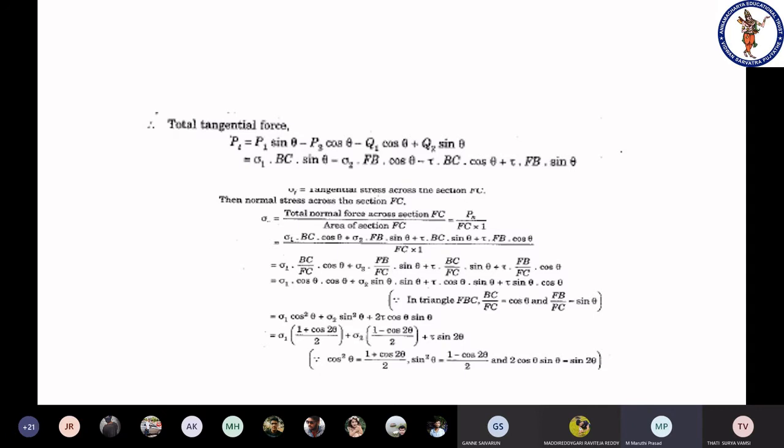After calculating normal force and tangential force, then we have calculated what will be the normal stress and what will be the tangential or shear stress which is acting on that particular plane FC. We have taken FC. So by substituting those values, maybe in the last class, we came to a conclusion